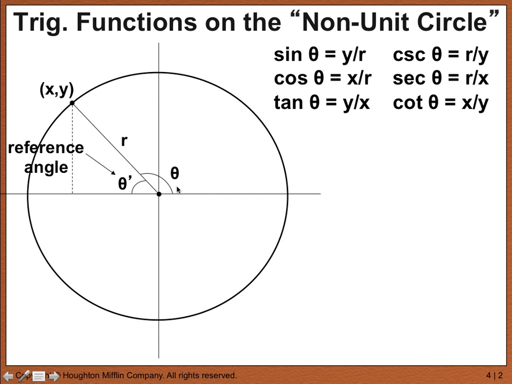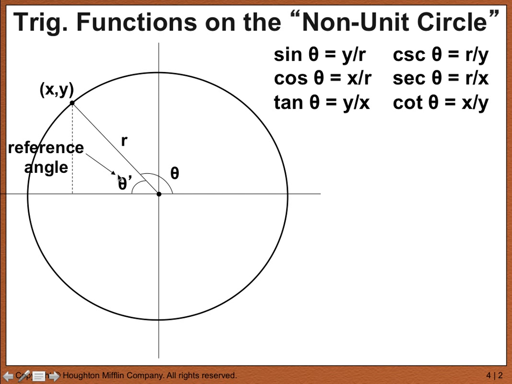However, the angle theta, if measured from the positive x-axis, has a magnitude that's greater than pi over 2. That is greater than 90 degrees. So this is definitely an obtuse angle. It's non-acute. What we are really doing when we calculate the sine, cosine, tangent, cosecant, secant, or cotangent of an obtuse angle is we're actually calculating the trig functions for the reference angle. What we mean by a reference angle, in this case I'm marking it as theta prime,